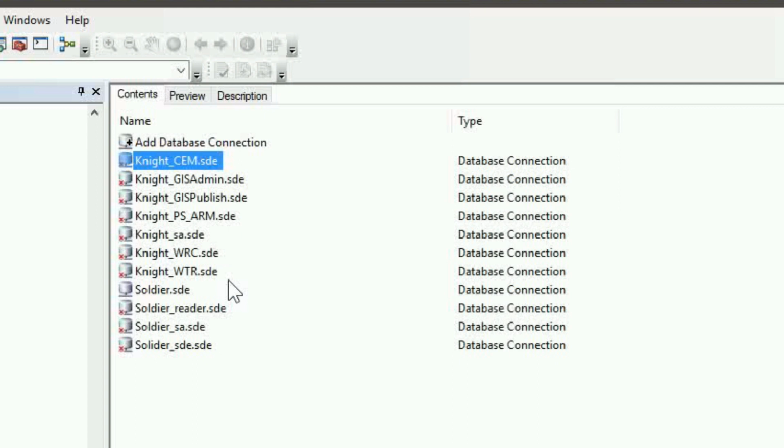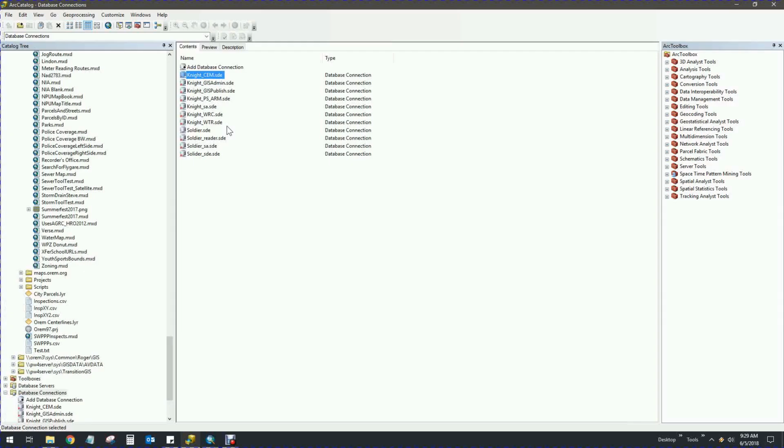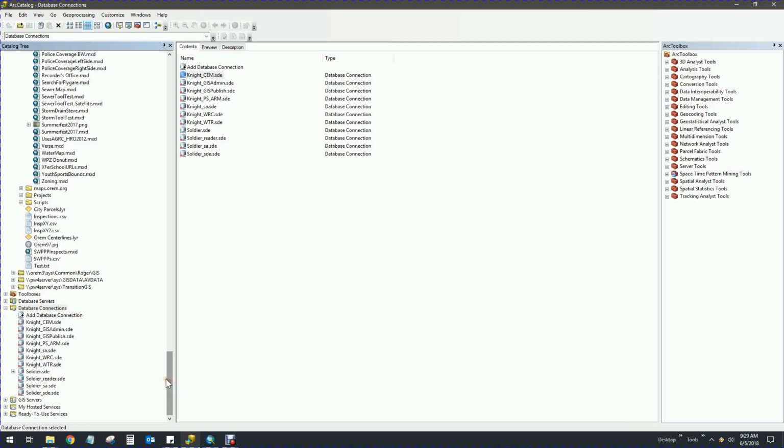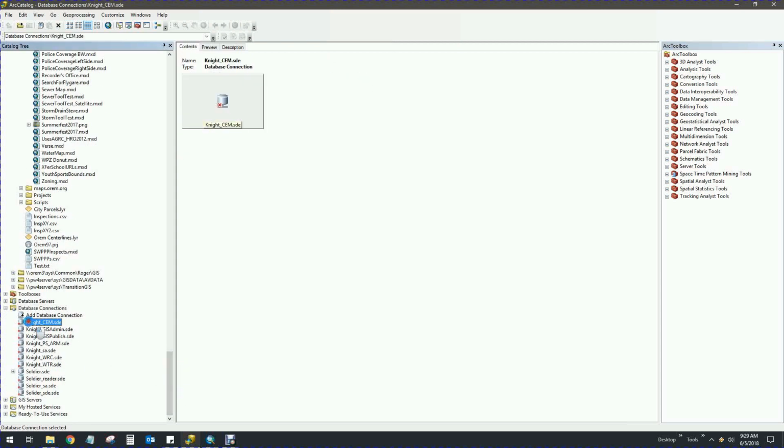Now if you don't do this, that's fine. Arc Catalog's not going to complain, but it may be difficult to follow further videos or training if this syntax isn't used. Okay, so I've got my night SEM connection, and I'm going to double click to see what I